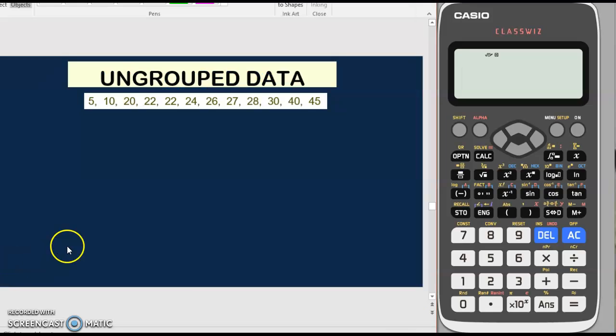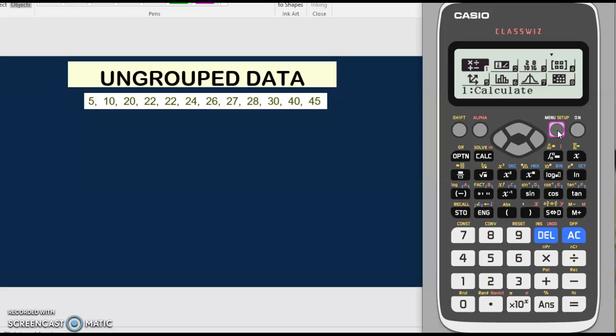Now we look at example. Here we are given ungrouped data. So we are going to insert the data, press menu, we are going to choose number 6 and then choose number 1. Then we are going to insert the data,